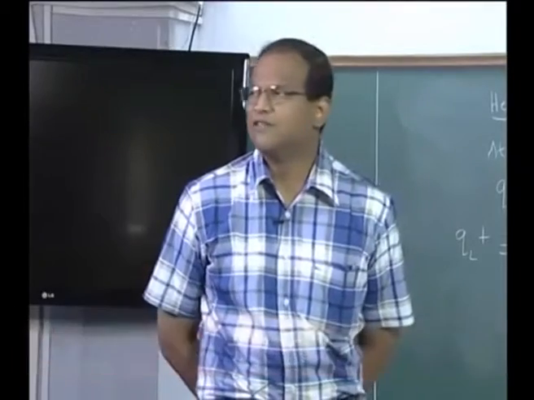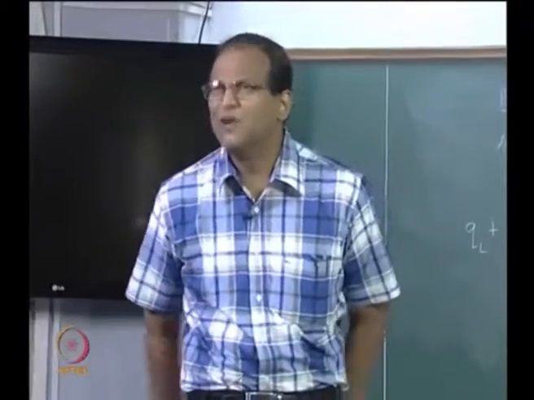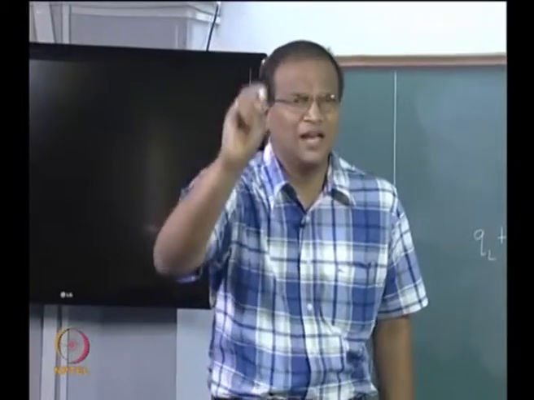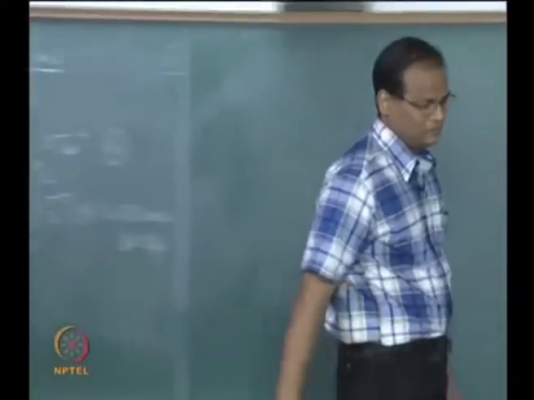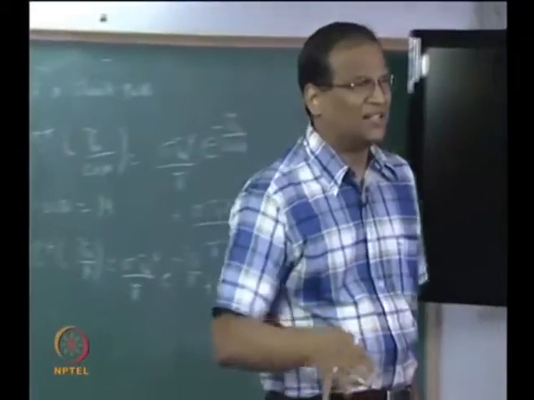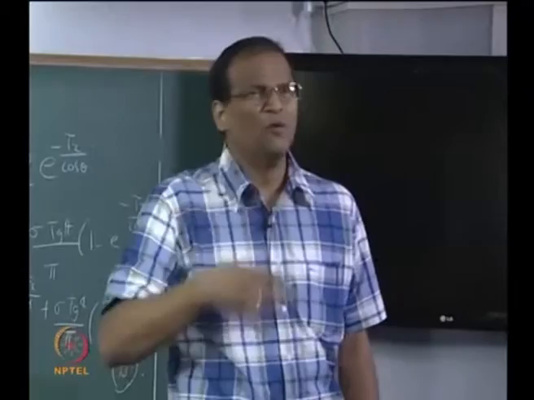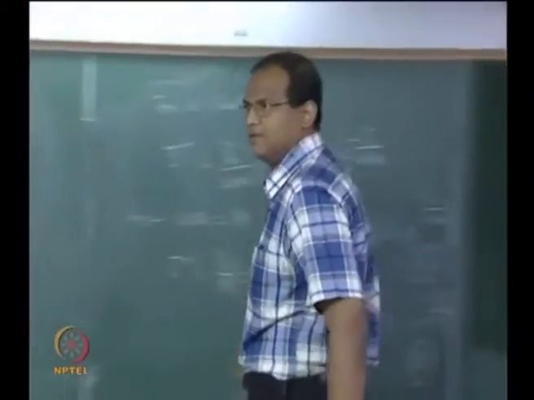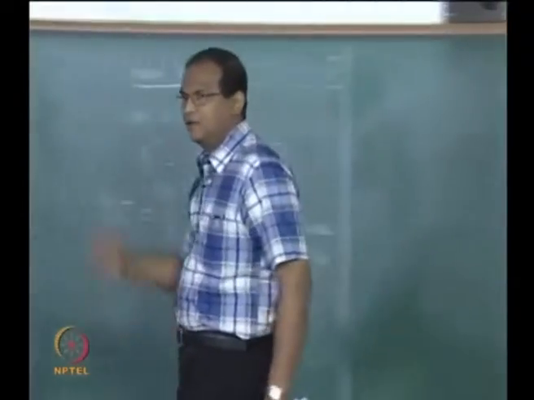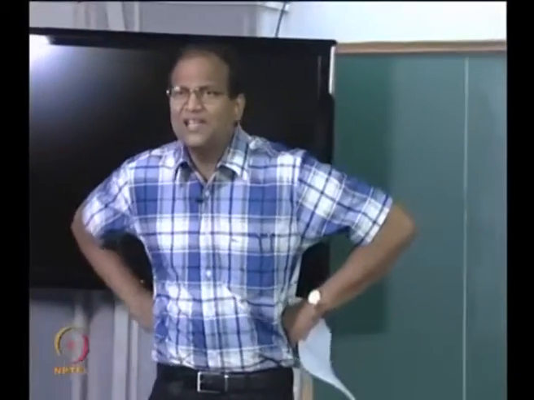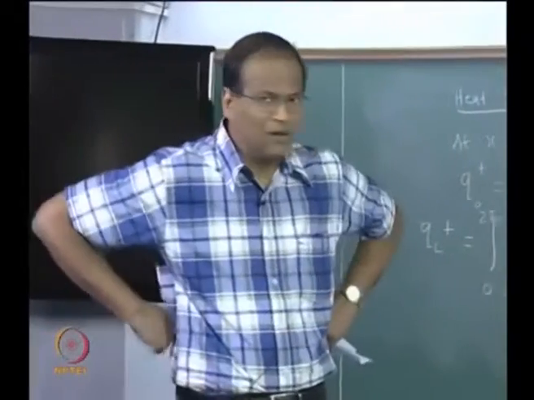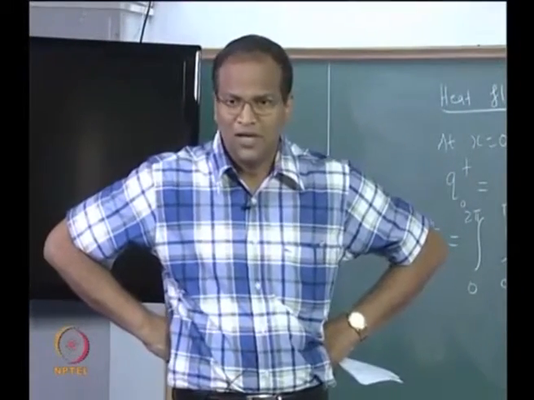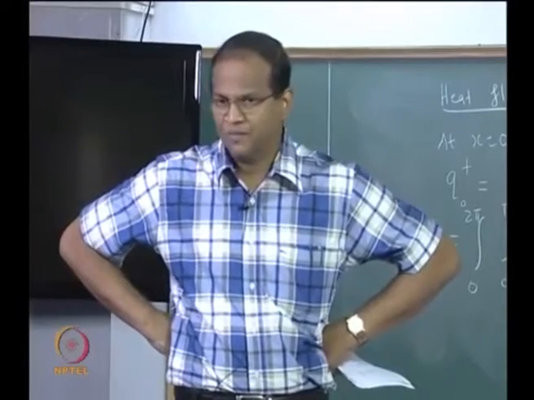I am saying IL is a function only of mu. I am not saying it is a function of x because I am specifically evaluating the integral at x equal to L. Once I have L, I can make a general x. Let us not get confused. We do not want to handle so many variables at a time. Why can't this IL be taken out? IL is a function of mu, guaranteed, because we saw that tau x by mu and all that. So it cannot be pulled out of the integral.